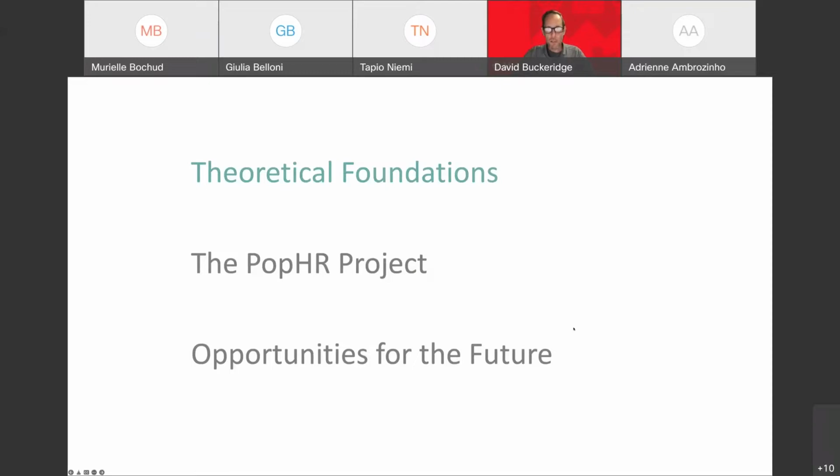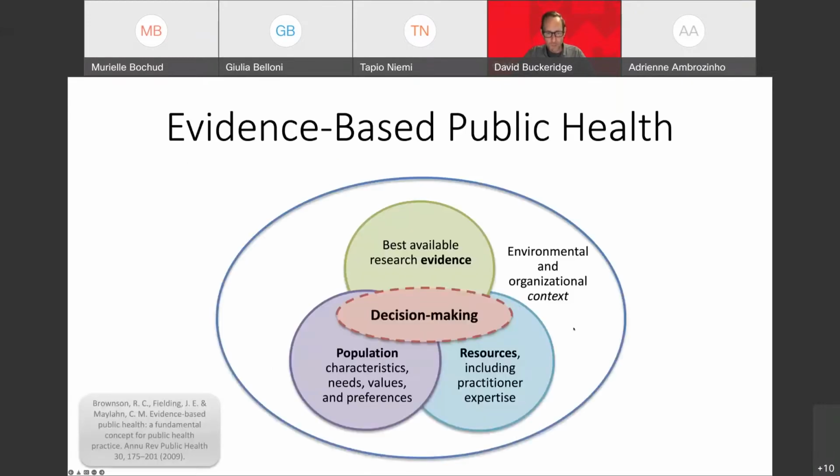So first of all, the foundations. Some of you may have heard of this concept or this framework called evidence-based public health. It's been advanced now for a few years. Perhaps the most seminal paper really was in 2009 by Brownson and colleagues in Annual Reviews of Public Health. But really what it says is encapsulated in this diagram on the screen, that if you want to make the